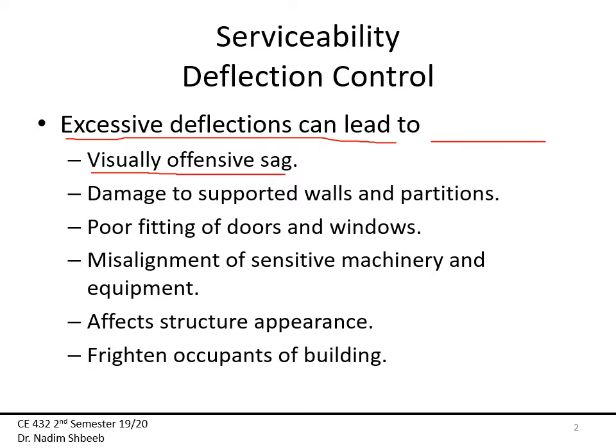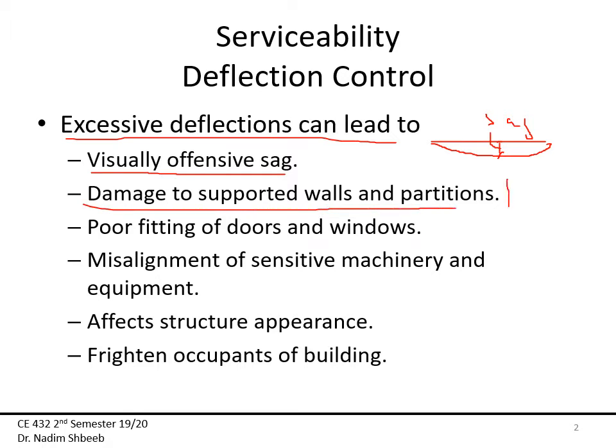So let's say this is the center line of my beam and then I have a large deflection like that. This maximum deflection we usually also call sag. Okay, so we probably would not like to see that in buildings, of course. That sag, for instance, or even sometimes when it's not that big, could actually lead to damage to supported walls and